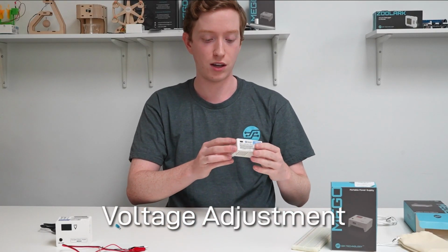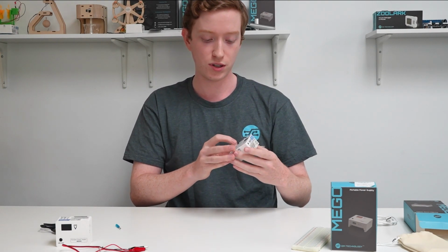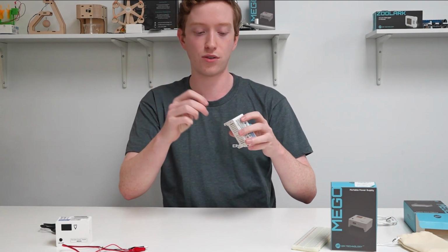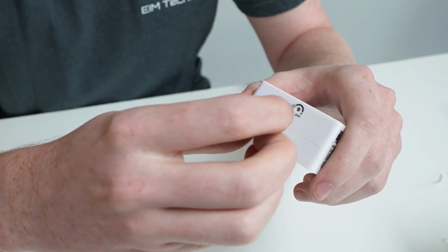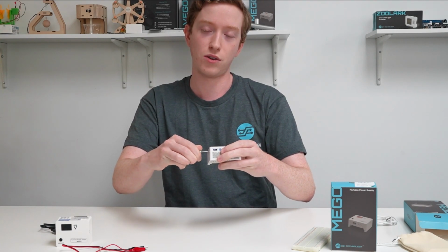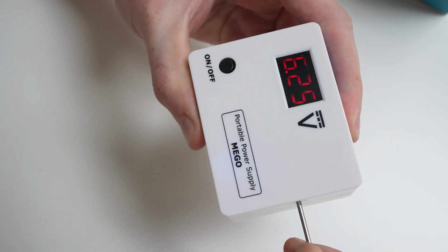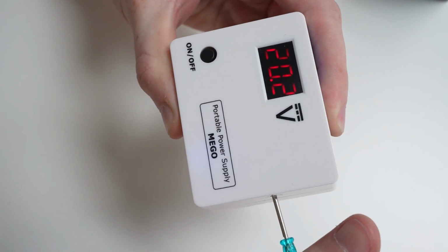So your MEGO can change its voltage anywhere between 4 volts to 24 volts. And to change the voltage, all you need to do is take one of these screws, and there's a small hole on the side of the MEGO where there's a screw. And when you turn the screw this way toward the back of the MEGO, you'll increase the voltage. And when you turn it backward, you'll decrease the voltage, and you can see it changing in real time